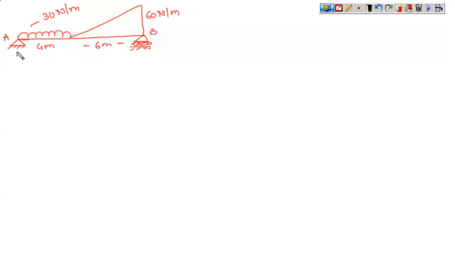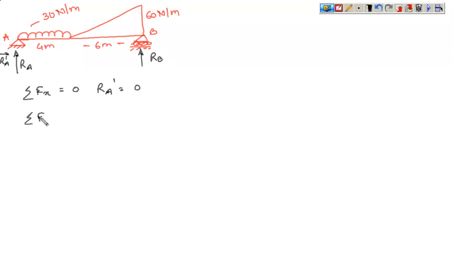Let this be RA and this is RA dash. This will provide you with two reactions, and this is RB. Okay. So again, using equations of static equilibrium, if you write down sigma Fx is equal to 0, you have RA dash equal to 0. So this is one unknown which you have been able to solve.